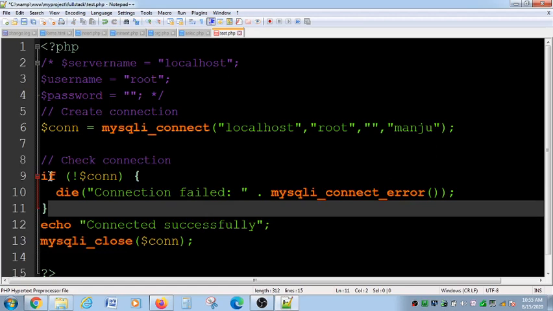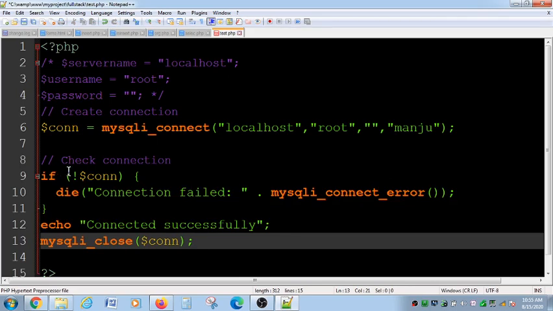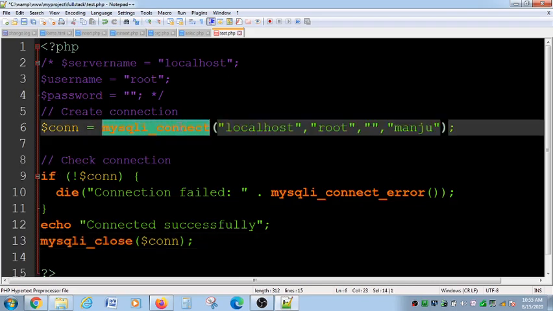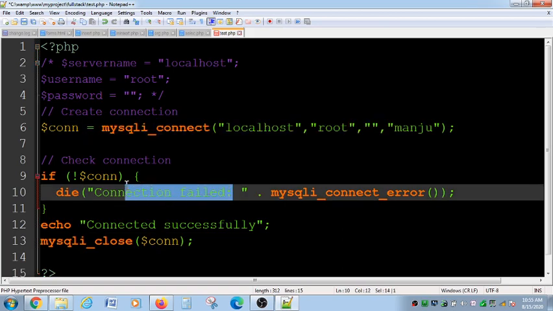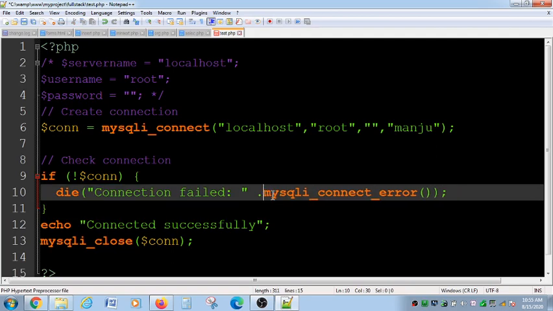I will give one looping statement. I will say that if $connection is returning any error, I will display a message called connection failed and the reason for the connection failure. Here again, mysqli_connect_error is an inbuilt function that will tell the actual reason for my connection error.